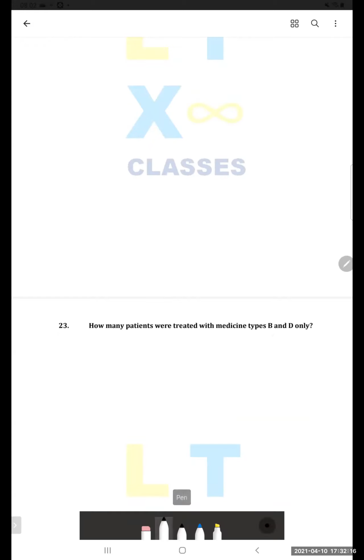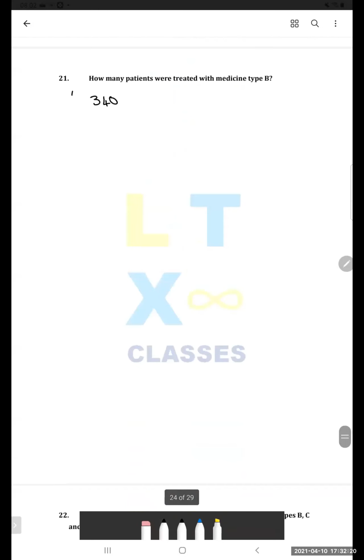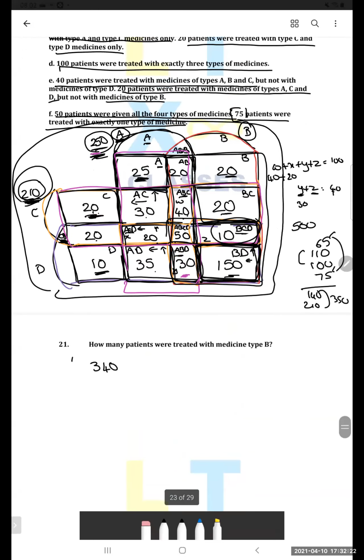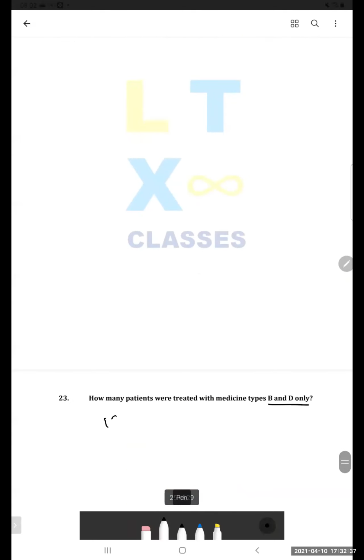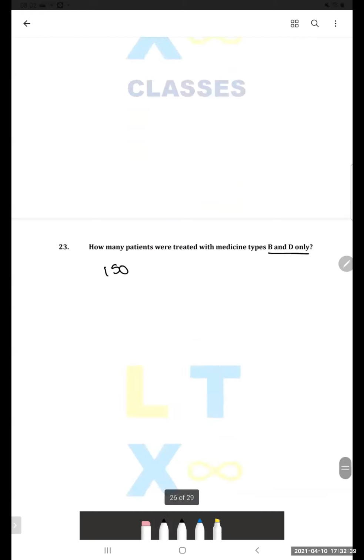Look at the question, guys. Look at the phrasing. B and D only. Okay. From the grid, can you tell me B and D only? How much would that be? Which is B and D? 150. 150? The last one that we solved for. Good. So the answer is 150. Last question. The number of patients who were treated with medicine type D was